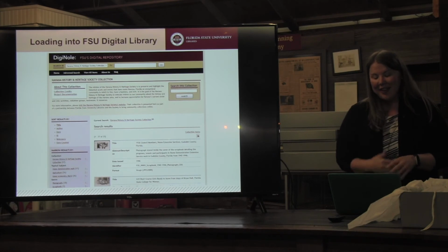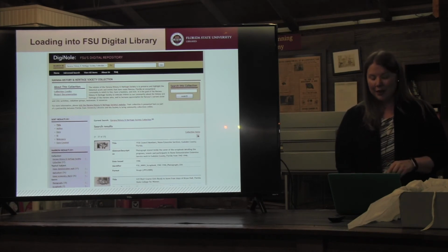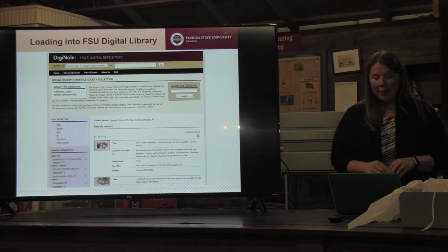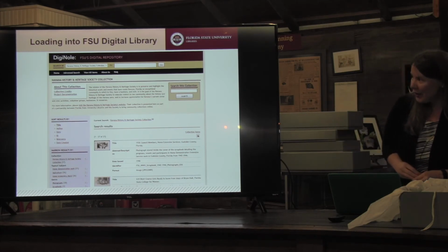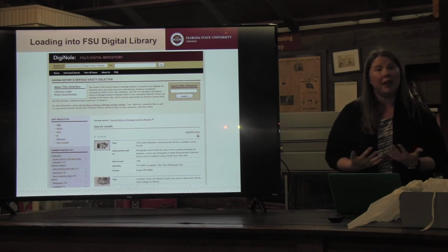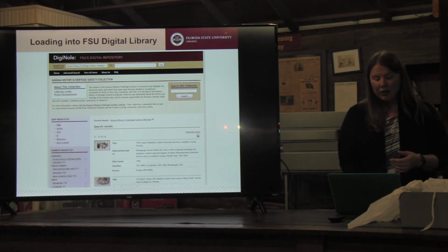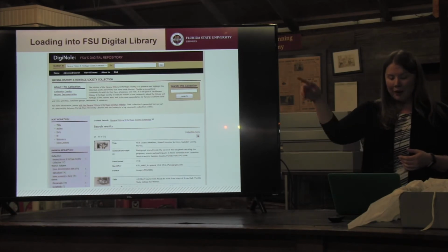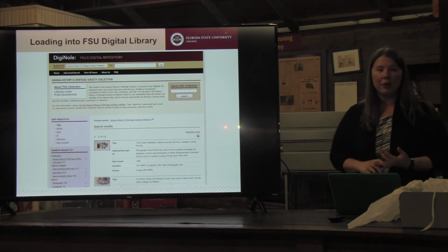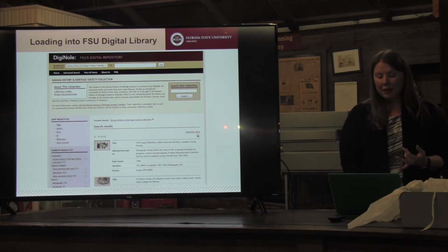And this is the Havana History and Heritage Society collection as it exists in FSU's digital repository. It might be a little difficult to see, but in the top middle of that page, there is a description. It's explaining who the society is, what they do, and a link to the society's webpage. In that little about this collection space, there's information about who worked on the project, and then the project documentation